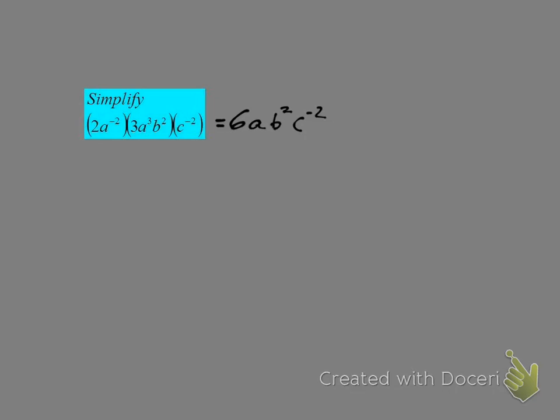Now, there is still one thing wrong with this. What is it? There's a negative exponent. Now, here's the trickier part, okay? And I'm going to show you this work one time. Then you'll see the shortcut real quick. Between the 6, the a, the b squared, and the c to the negative second, what's all going on? Multiplication. Those are 4 individual terms, but they're all being multiplied together. So, when we go and make that c to the negative second be positive,